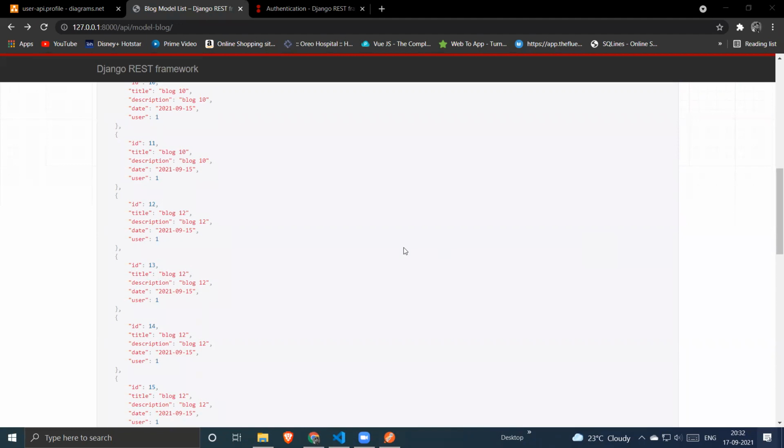Which API view are you going to use? I just wanted to know your preference. So just answer. It doesn't matter if you are saying API view set or model view set. Okay, Vivek said API view sets. Roshan said API view sets. Okay, Suraj, Shubham.